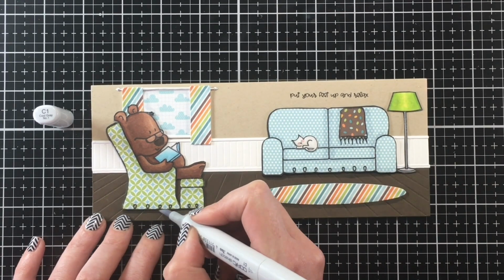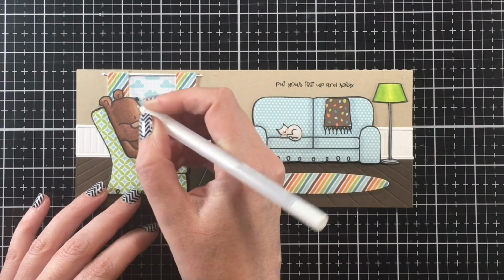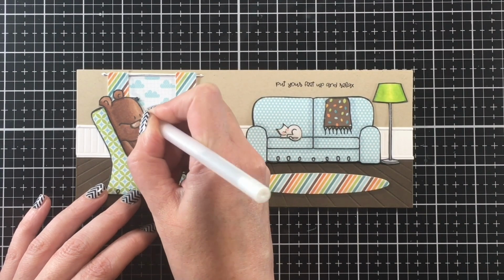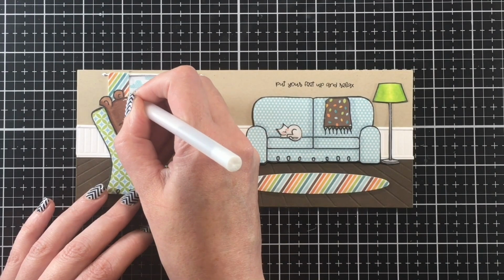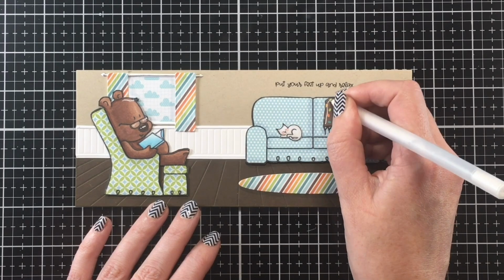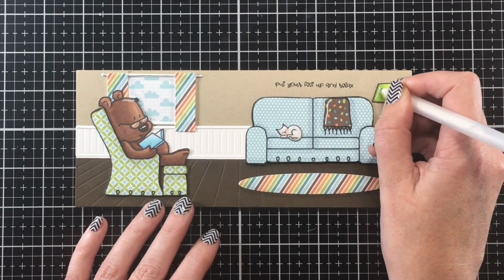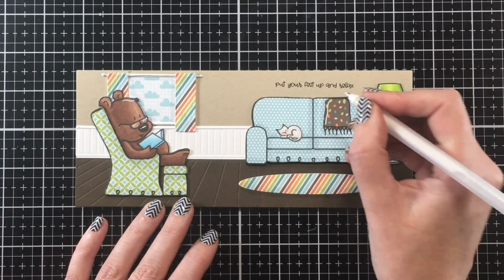So I would encourage you to give that a try with your paper piecing if you haven't yet. You can also go a lot darker. I just went with the C1, but you could also do the C3 and blend that out with the C1 if you want a darker shadow. So now I'm just finishing off here with my white gel pen for some highlights. I thought I was finished the card here, and after a few more details, I turned the camera off, and